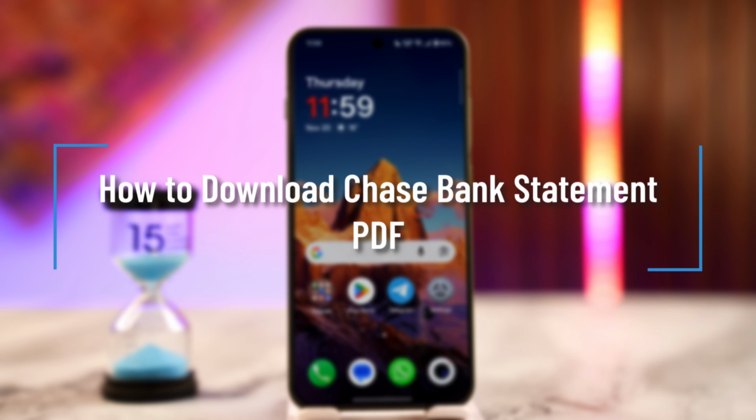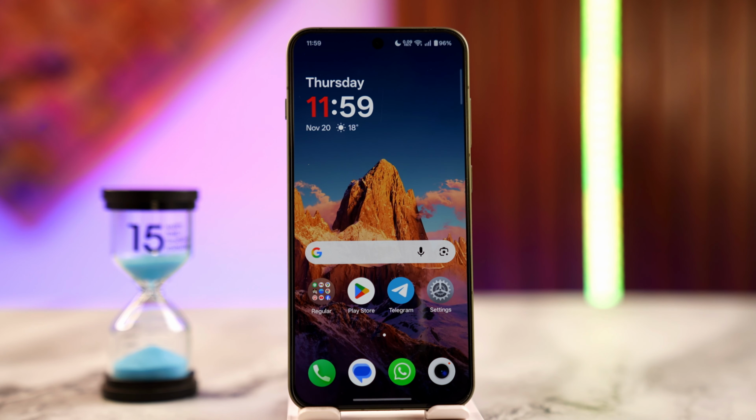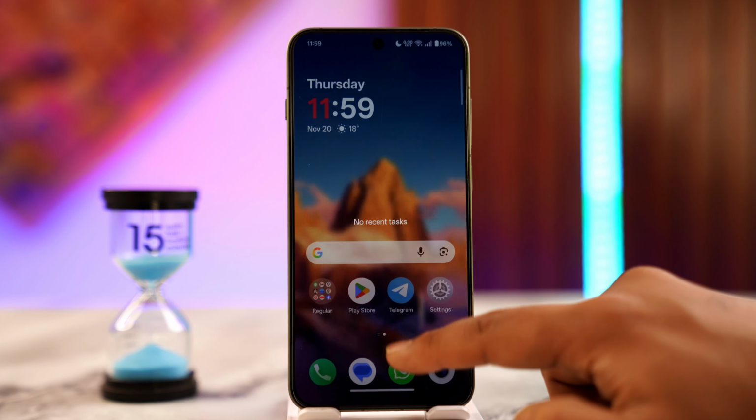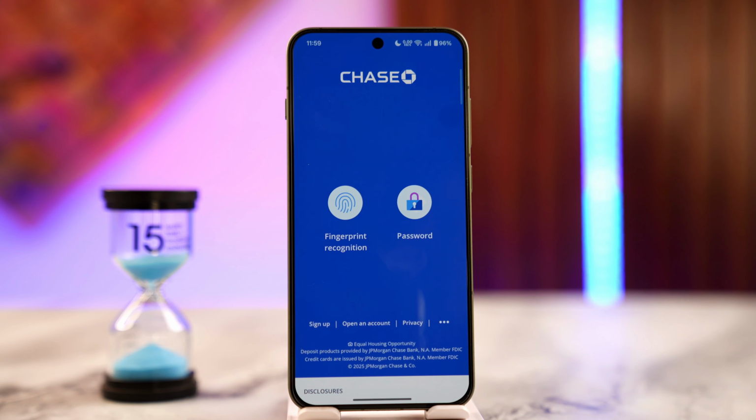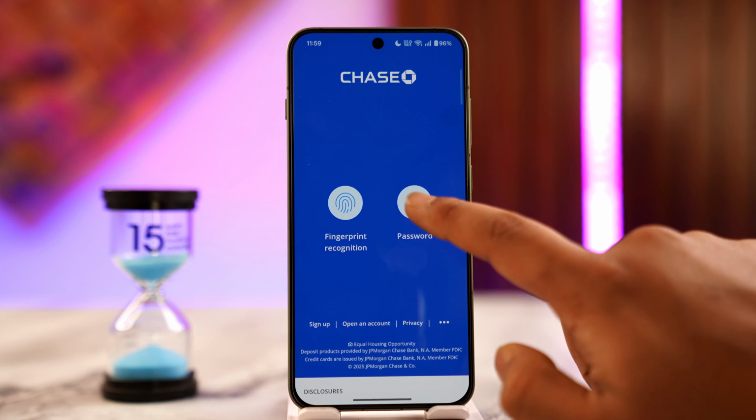How to download Chase Bank statement in PDF. If you wish to download the Chase Bank statement in PDF, what you have to do is just make sure to launch the Chase Bank application or log in from chase.com. So once you go ahead and log into your respective accounts, you can just tap on the login button